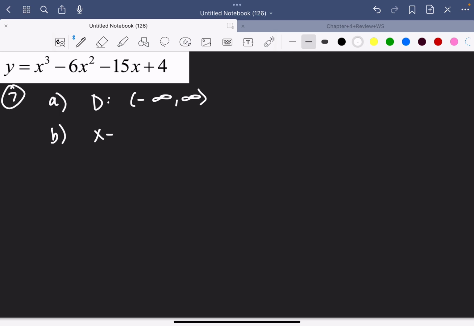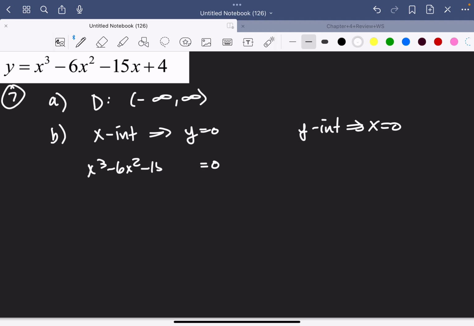Then we know in terms of intercepts, the x-intercepts are where y equals 0, and the y-intercepts are where x equals 0. So if I set y equal to 0, it means we take x cubed minus 6x squared minus 15x plus 4 and set it equal to 0. This on a high-stakes exam would factor if we use something like our old buddy Desmos or a graphing calculator. We can find that negative 2.10, 0.20, and 7.90 are